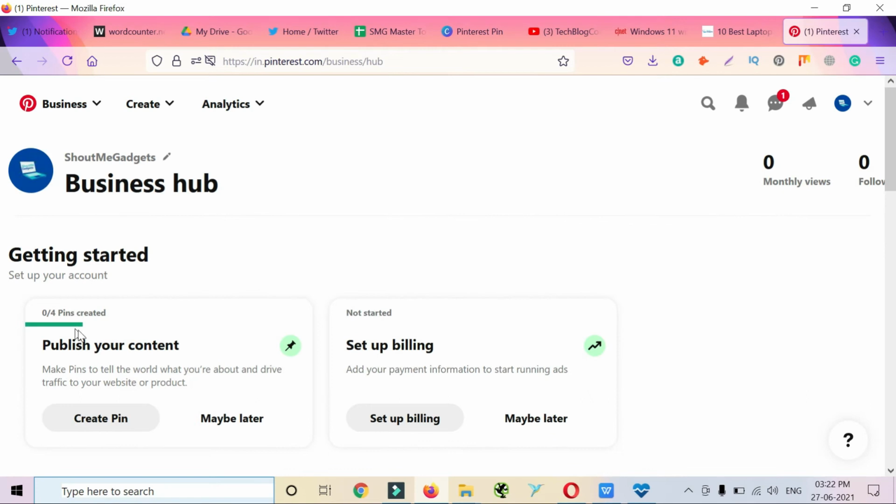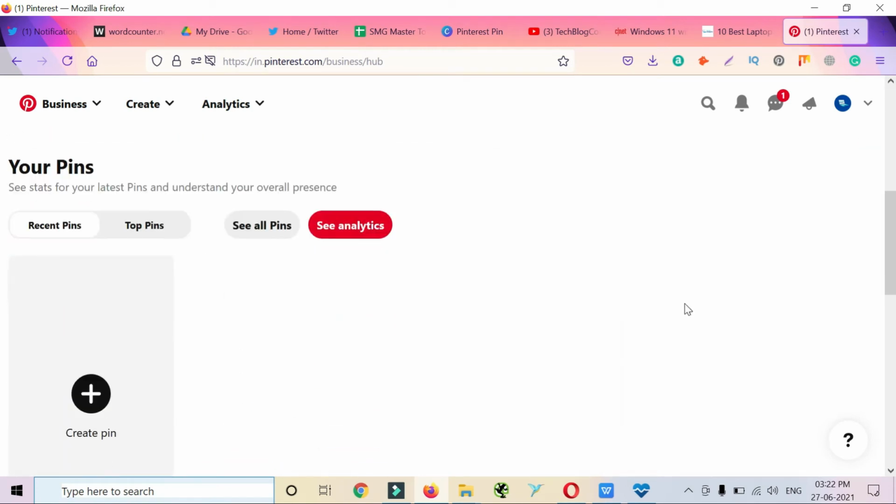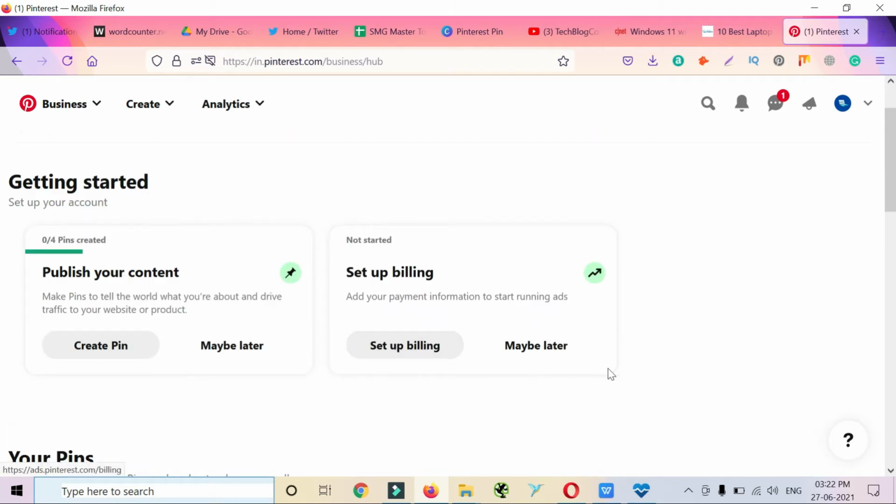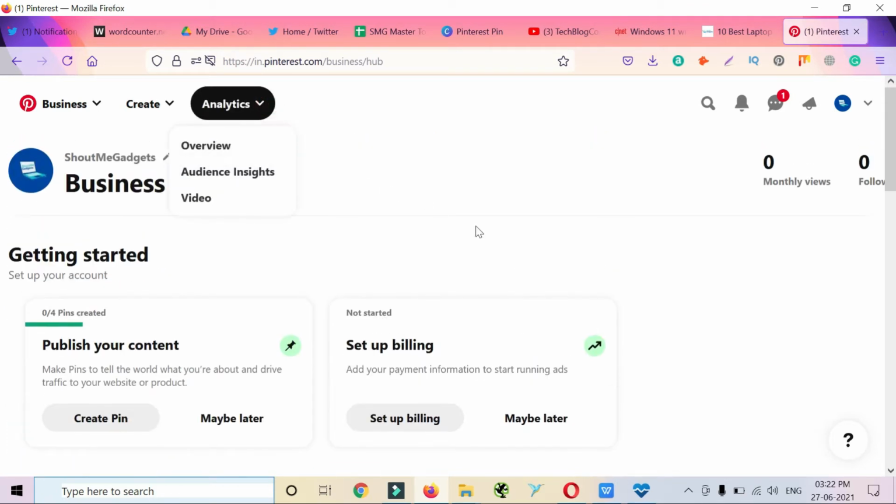You will see this business hub dashboard in front of you, and these are the few options: publish your content, setup, billing, analytics, audience insights. Let's see audience insights.